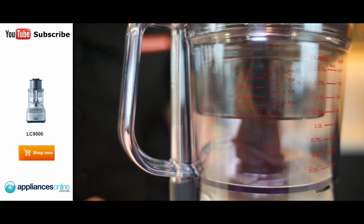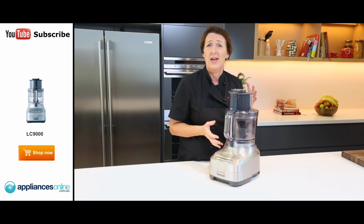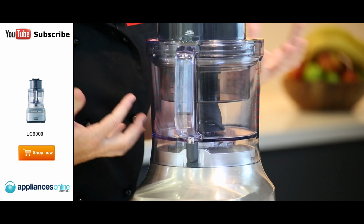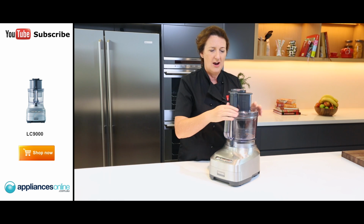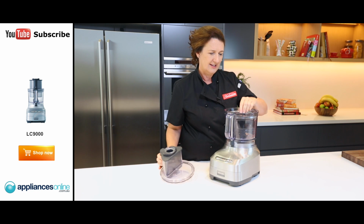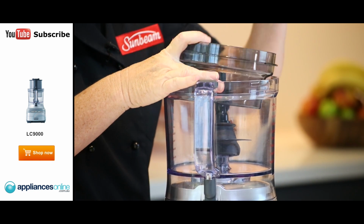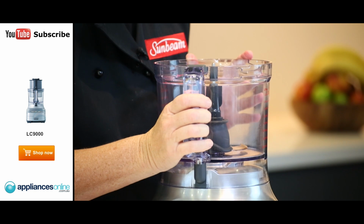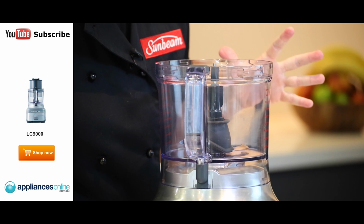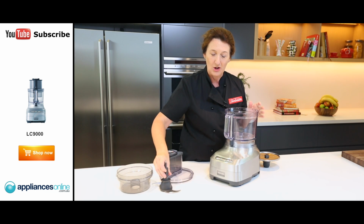The double bowl, first of all, is fantastic if you've got a combination, maybe a large dough or something that you want to process, but then you've got a little dressing on the side. So let me just show you this. It's absolutely fantastic. So here's the 400 ml small bowl, and then we've got the large 2-litre bowl. I'm just going to pull it all apart and show you all the different unique attachments that go with this